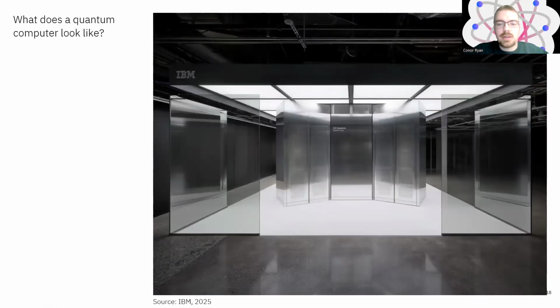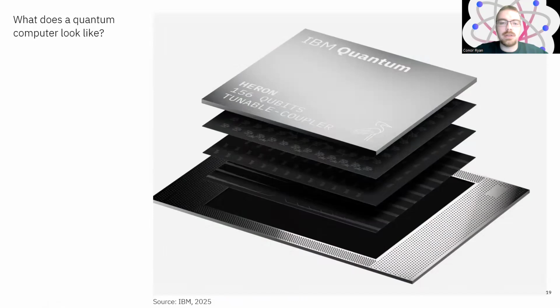A more recent look then at the IBM fully complete system would be like this, again where you cannot see too much of the quantum computer itself, but this would be the storage aspect of it completely from the outside. Zooming in now to see what exactly is the quantum part of the computer will be this. This is the quantum processor that is contained within the base of that chandelier looking object. So this would be the IBM Heron processor, which, as shown on top of it, contains 156 qubits.